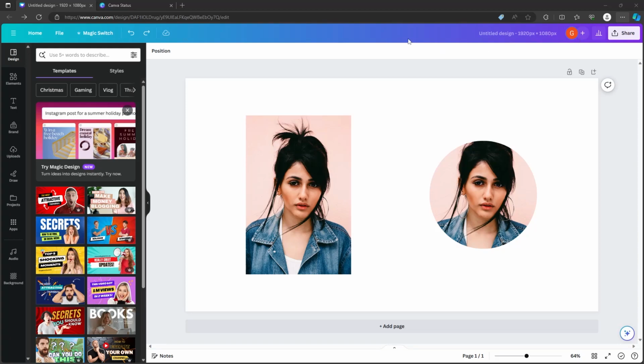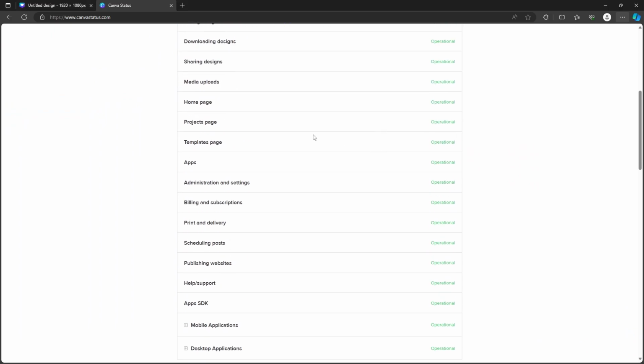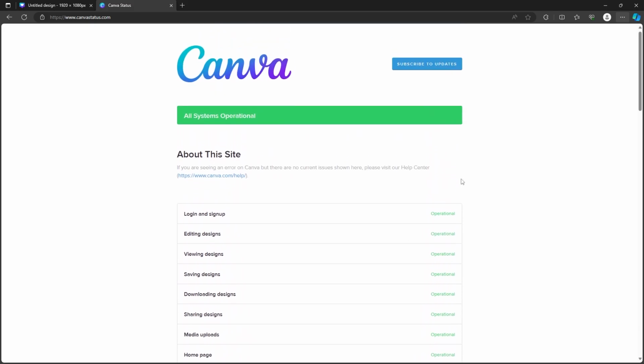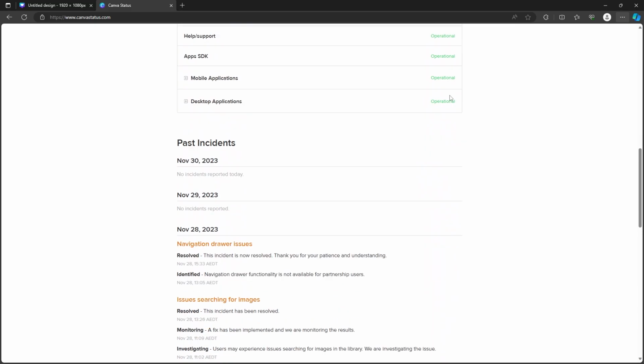Hello, if you have issues with Canva and it seems that the website doesn't work for you, let me tell you what you can do in order to try to fix this issue. The first thing that you can do is go to canvastatus.com, and over here you can see if everything is working. If everything is operational, then this means that the website is fully functioning and there should be no issues